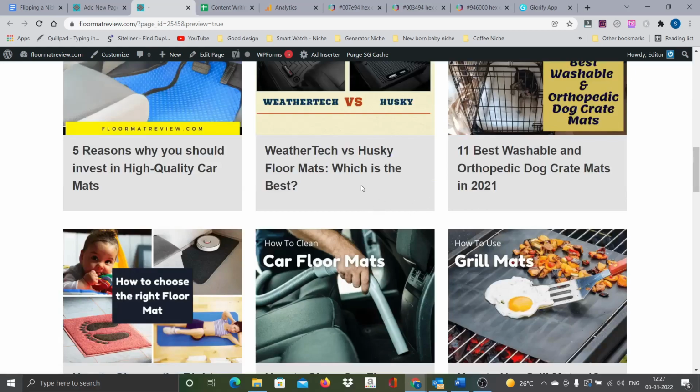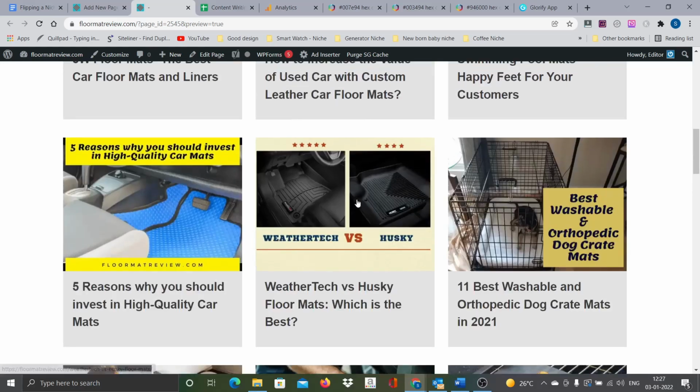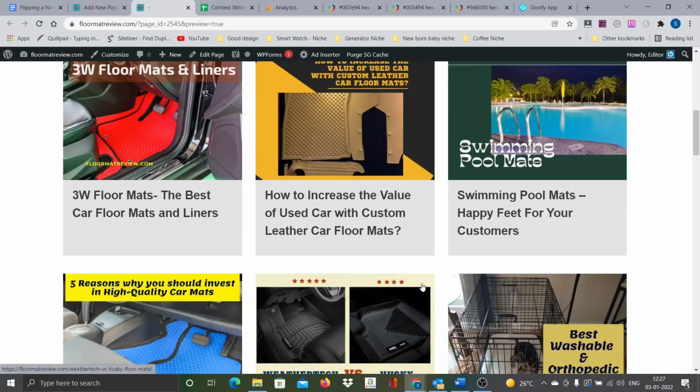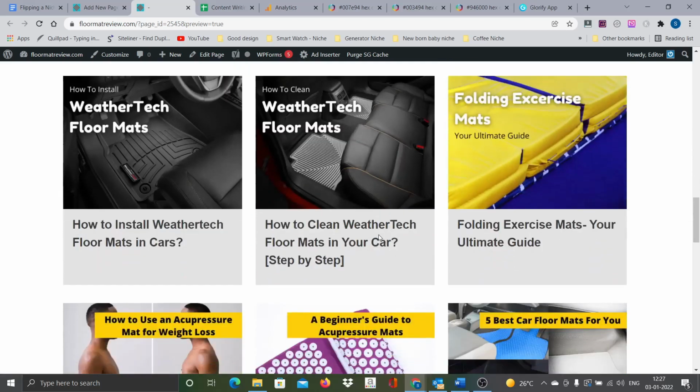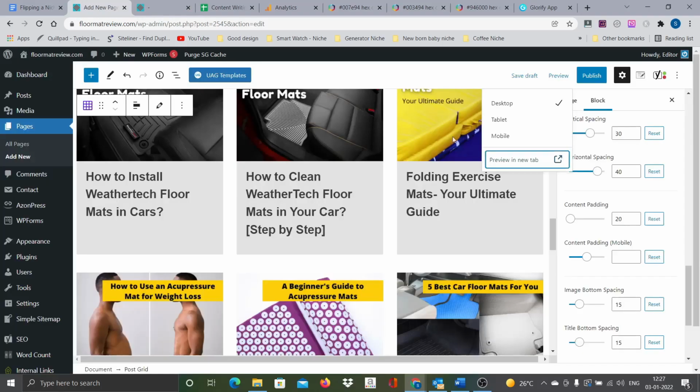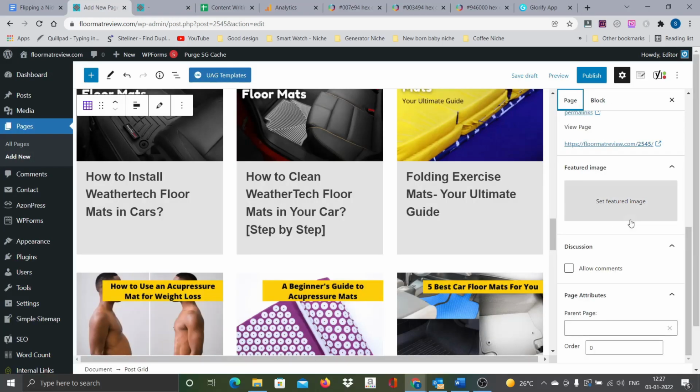For some blocks I even take out this background. I normally keep it only pure white, but I think for this it looks okay. Yeah, this is fine. I think we are good. So we'll take out this header part. Go to the settings. So this is a block setting, go to the page settings, and here